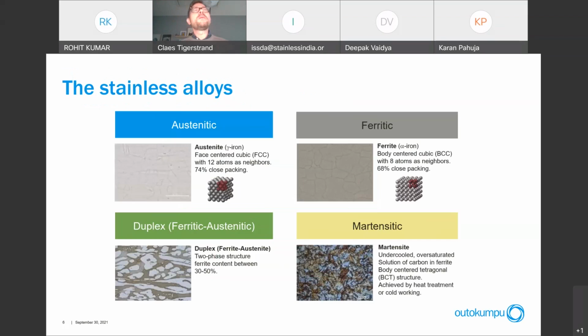So if we're looking at what makes the difference here, up in the left corner we have the austenitic stainless steel, and there the atoms are arranged in what we call a face-centered cubic structure, whereas the ferritic stainless steel has a body-centered cubic structure. We will come back to that to understand what the difference is. And as you can see illustrated here with the microstructure in a microscope, the austenite here is lighter and the ferrite is darker. And you can see there on the duplex stainless steel micrographs that you have a substrate